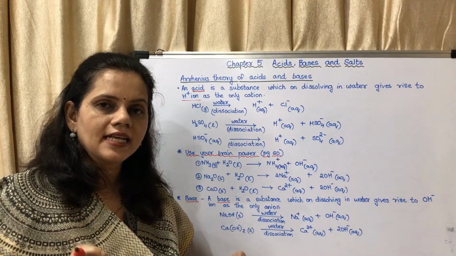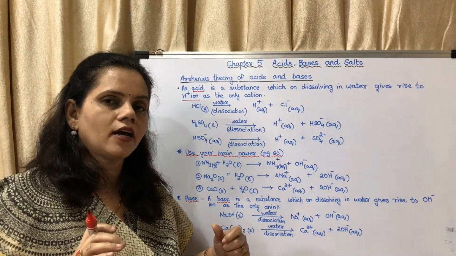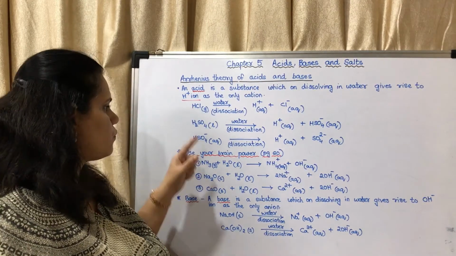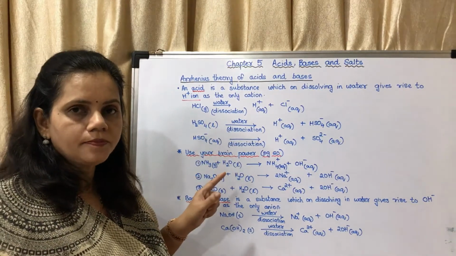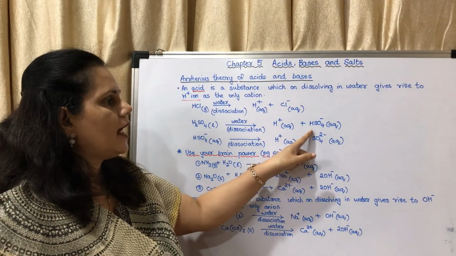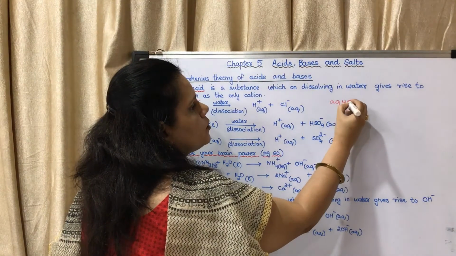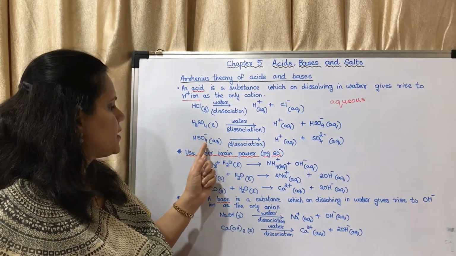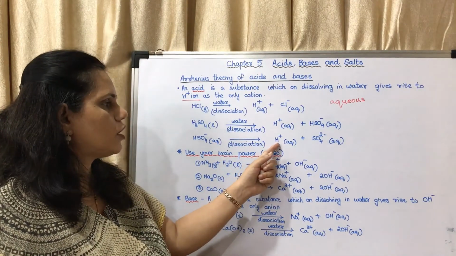So an acid is an acid when it is dissolved in water, that is, when the H positive ions separate. Next one is sulfuric acid, H2SO4, which is in the form of a liquid. When you mix it in water, it dissociates to form H plus ions, aqueous, and HSO4 minus ions, aqueous. The spelling is A-Q-U-E-O-U-S, aqueous. Now the HSO4 minus aqueous ions again undergo dissociation to form H plus and SO4 2 minus aqueous.